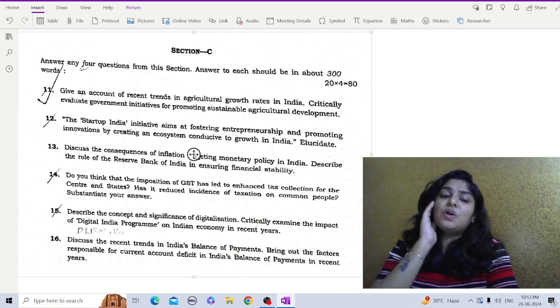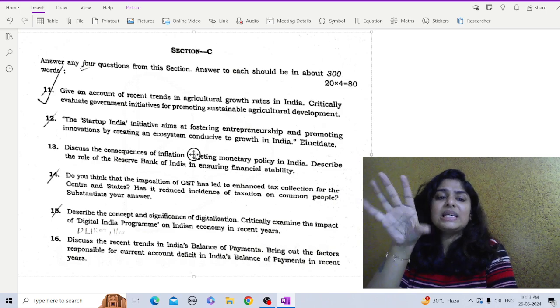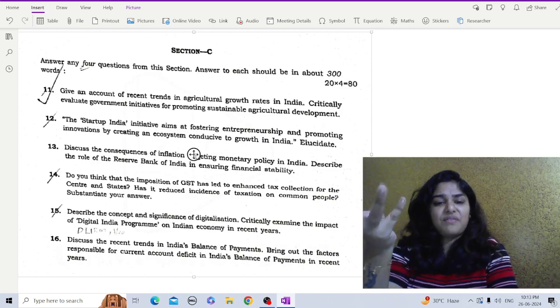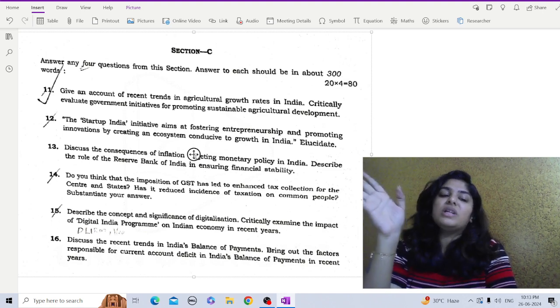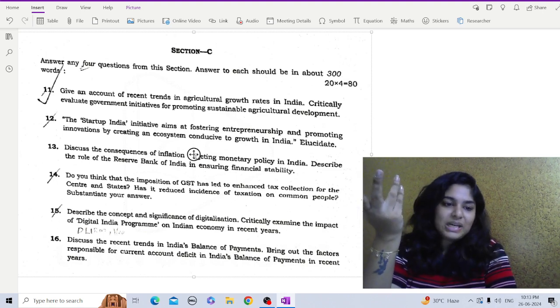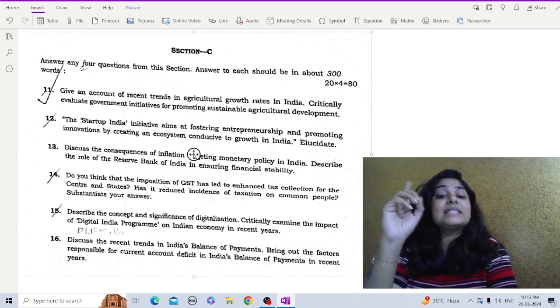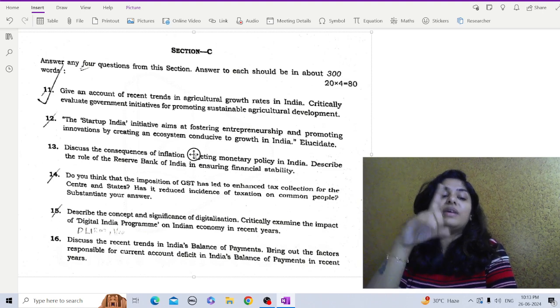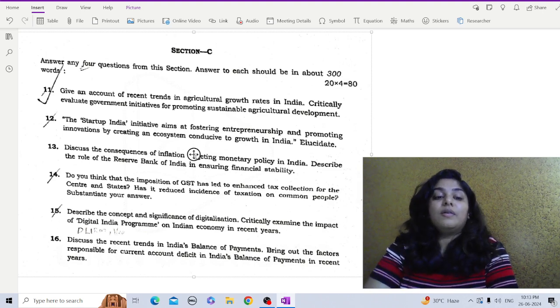So while India's BOP has shown resilience with significant capital inflows and steady remittances, challenges like persistent trade deficits and structural issues in exports necessitate ongoing policy reforms. Addressing these challenges requires what? Enhancing the export competitiveness, reducing import dependence, and of course promoting sustainable economic growth. Then only we can achieve a more balanced BOP in the long term. So these are the important points that you should mention for this particular question.